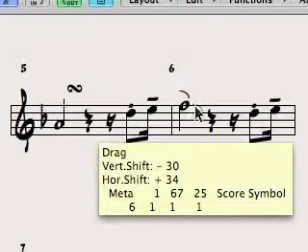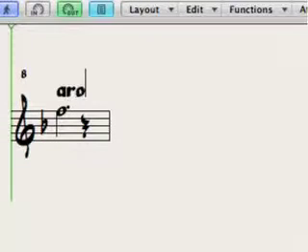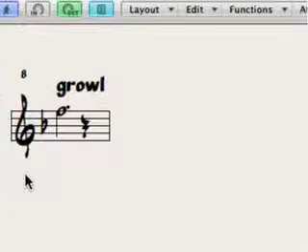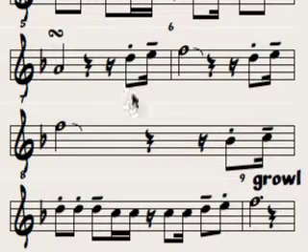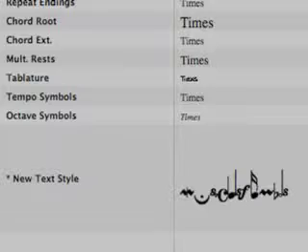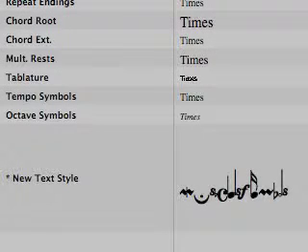But it doesn't work when you use score symbols and text in the same region. Text on its own will chase, but when there are also score symbols, the text will be ignored. Score symbol meta events will override the text. A workaround is to use a music font which has score symbols. This means you can use all text events for dynamic markings, ornaments, etc.